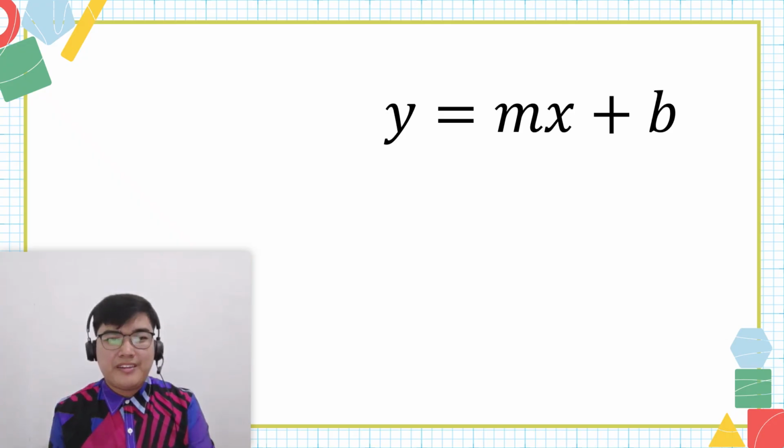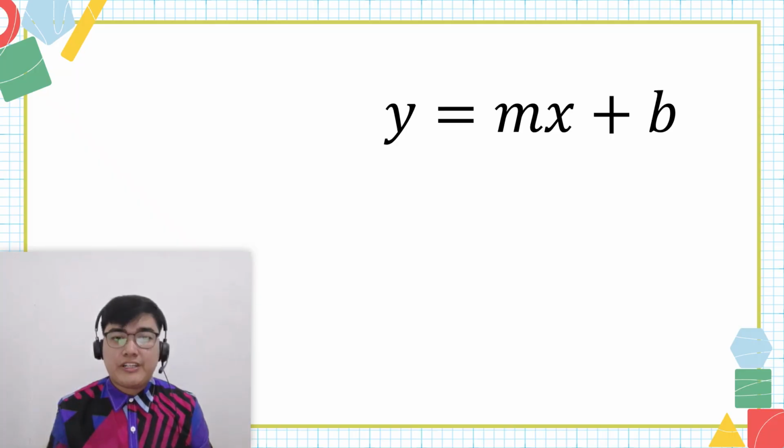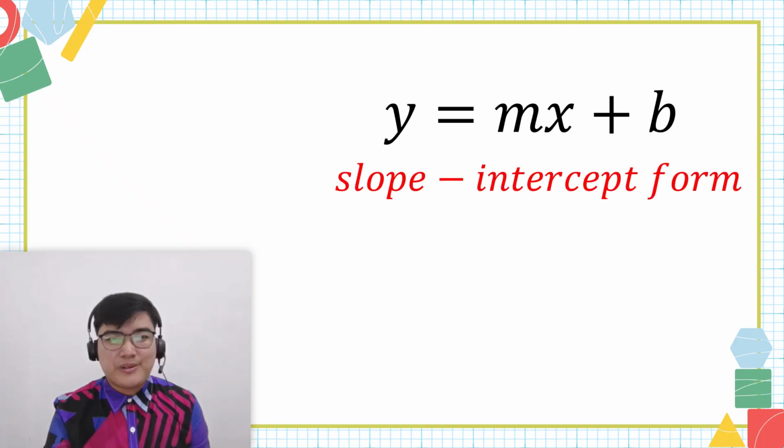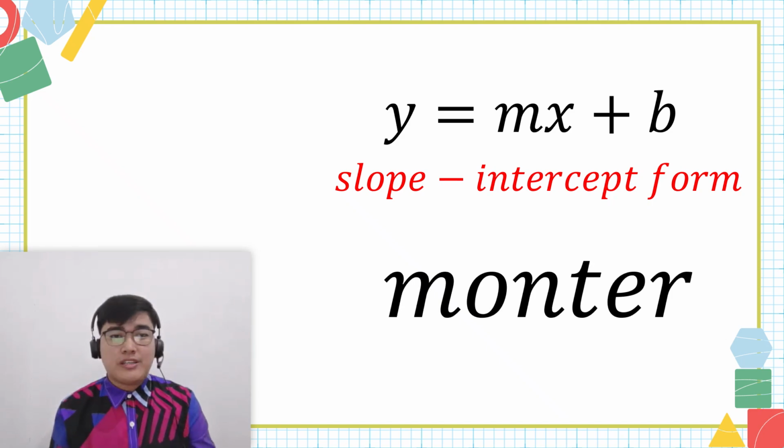To begin with, let's take a look at this. Did you know that the mathematical concept of the slope is used by everyone from architects to video game designers to keep the world and your favorite games running smoothly? In the equation y is equal to mx plus b, also known as the slope-intercept form, the letter m here is the slope. Why do we use m for slope?